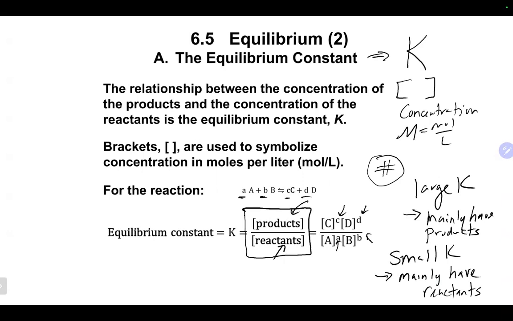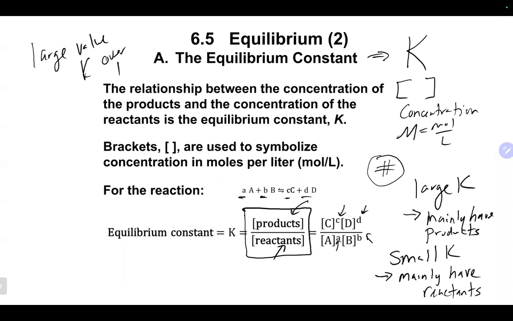So one of the useful values of K, other than just calculating it, is that it could tell you that when this particular reaction reaches equilibrium, you may have mainly products, you may have mainly reactants that are present based on the value. So you may be asking yourself, what is a large value of K? It is pretty much anything over 1. So 1 is the big number there. Anything technically above 1 is considered a large value for K, and you would assume that you would mainly have